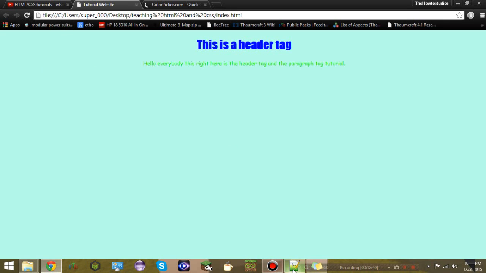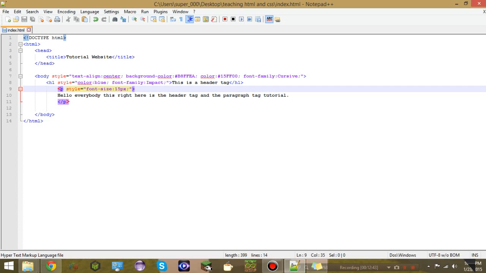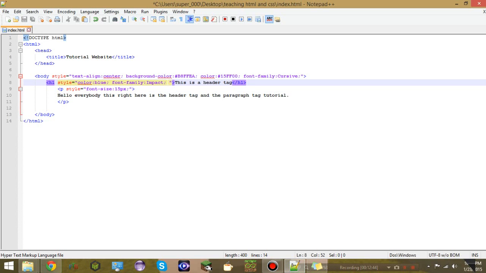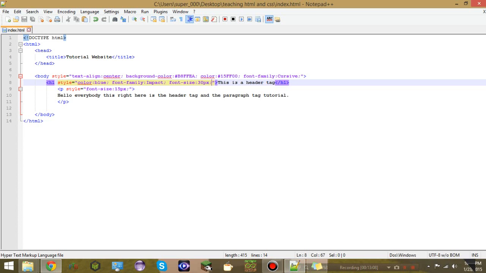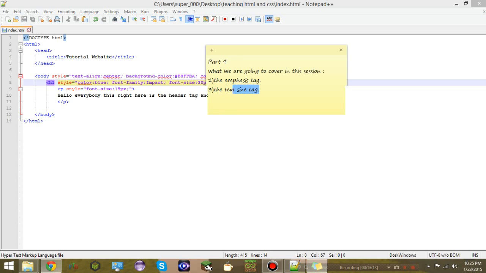More fitting. Let's change the size of the header, because we can. Let's do font size, 30 pixels, which is double the size of the other one. Huh. I don't know what happened there. But well. Okay, so now let's do the last thing that we're gonna do,